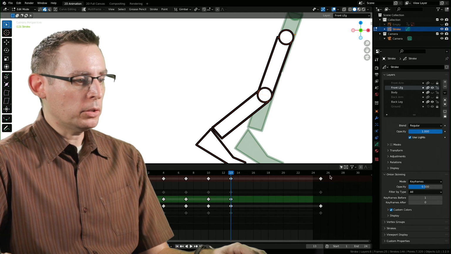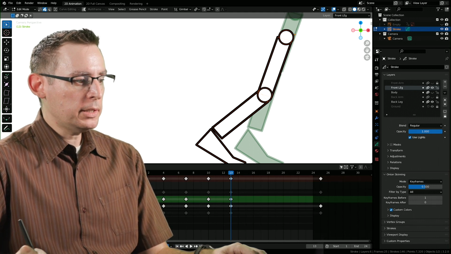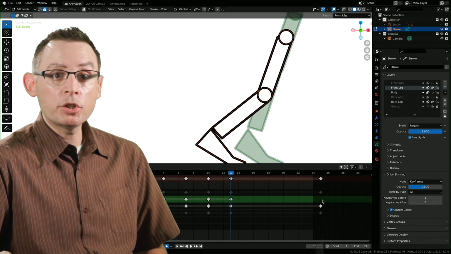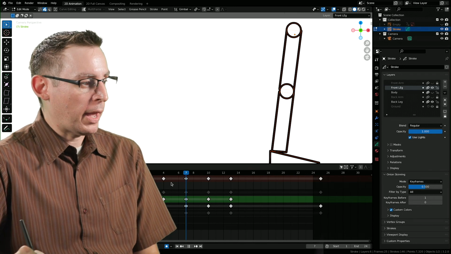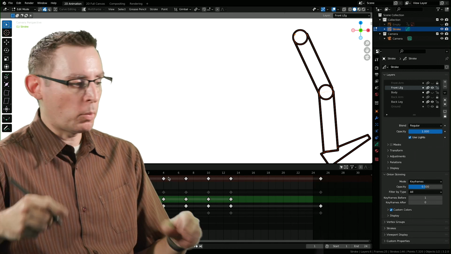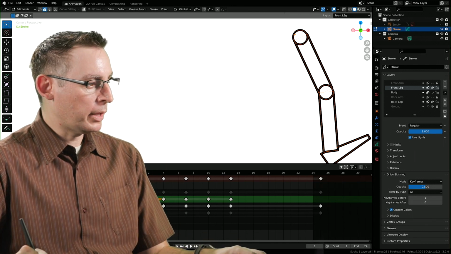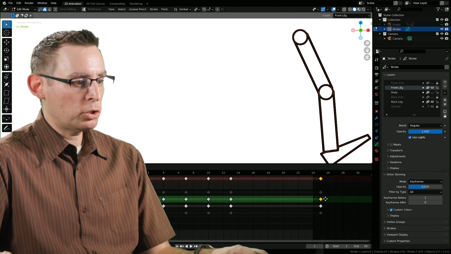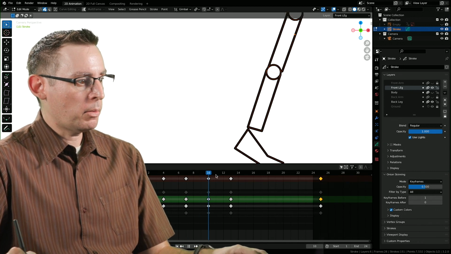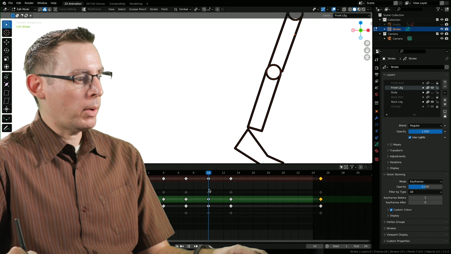Another thing that I'm noticing, look way down over here. Because this is a new animation layer, we don't have a keyframe on frame 25 for our animation. So let's fix that real fast. It's going to help us stay a little bit more organized. Let's grab the front leg keyframe on frame 1, Shift D to duplicate, and drag that duplicate way down over there. That way it's going to work.